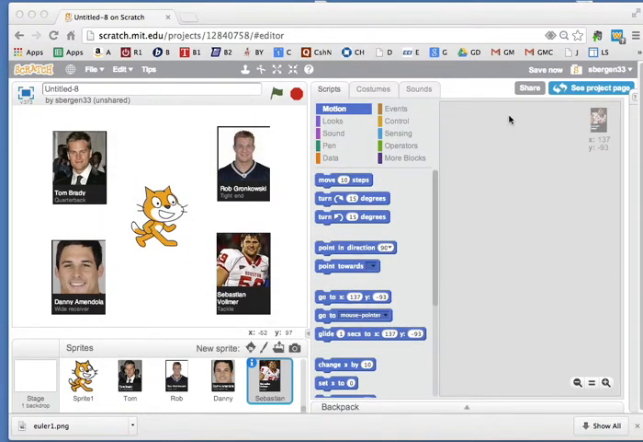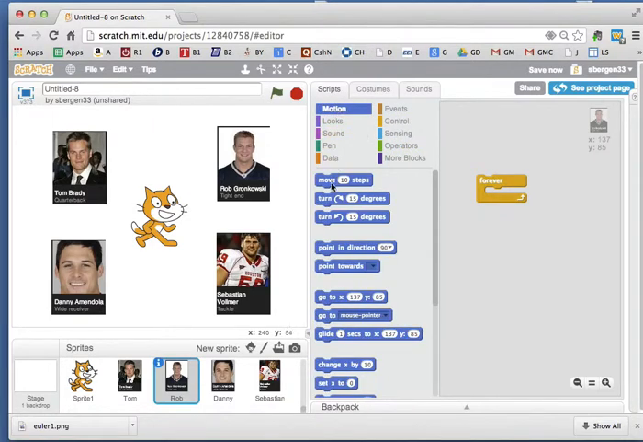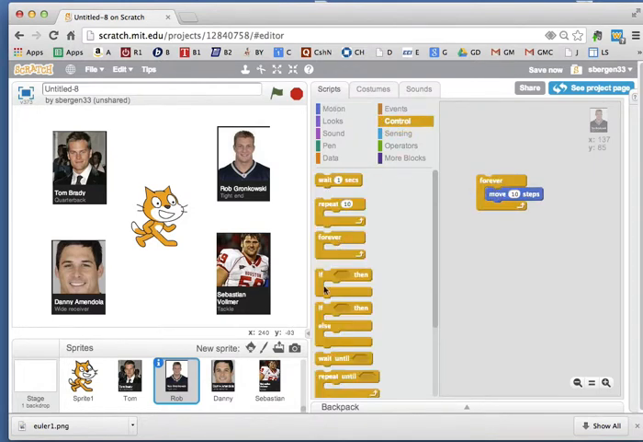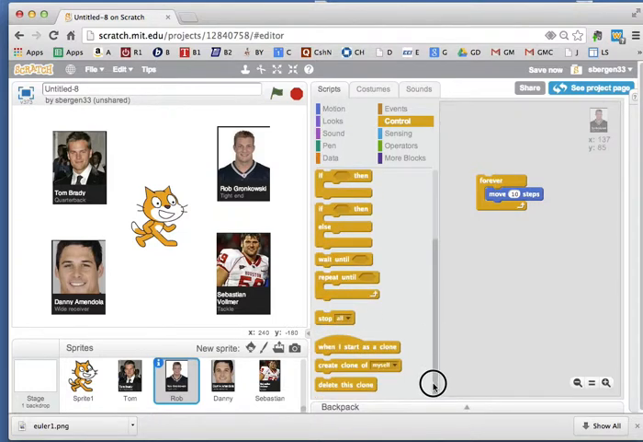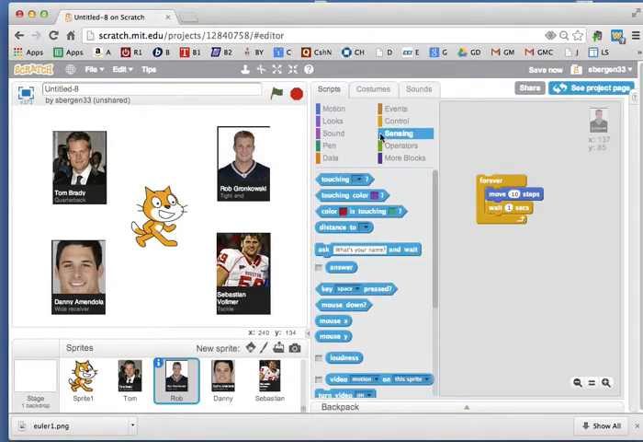And so let's begin our work. I'll start with Rob, and I'll write a script, as I said, using the command forever. And I'm going to say, forever, we want to have Rob move 10 steps closer to Tom Brady, maybe wait a bit, and then we also want him to be pointing towards,